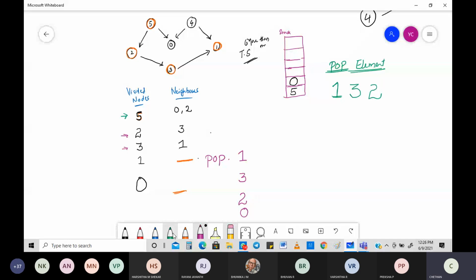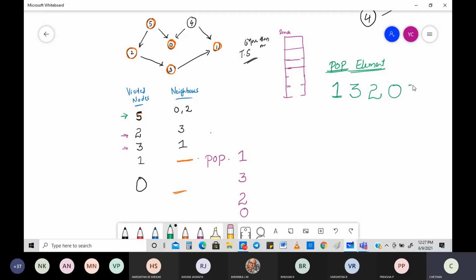So that 0 is coming right here. See, that is popped out. So 0 is also visited now. What is the next thing? Next you are going to look for 5. For 5, 2 and 0, everything is visited. So you are going to pop that out too, which means you have popped out this as well. So 5 is visited.